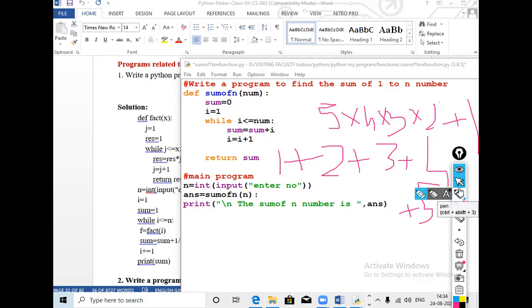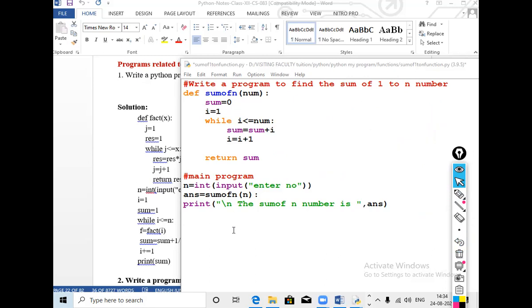Now we'll run the program. Suppose I say 5, so what will be the output? 1 plus 2 plus 3 plus 4 plus 5. That means 1, 3, 6, 10, 15. The answer will be 15. If I say 6, the answer will be 21.